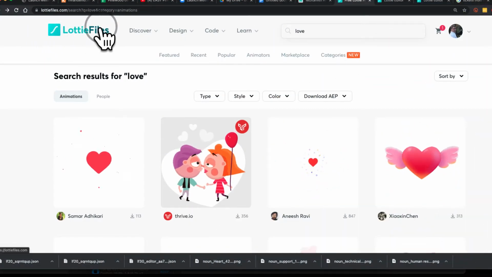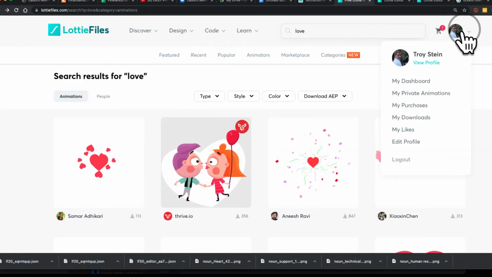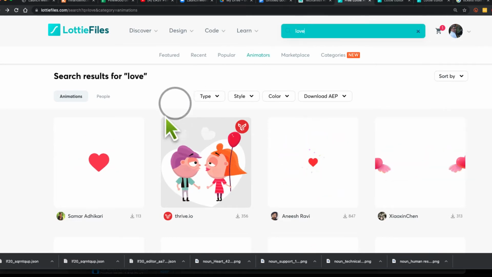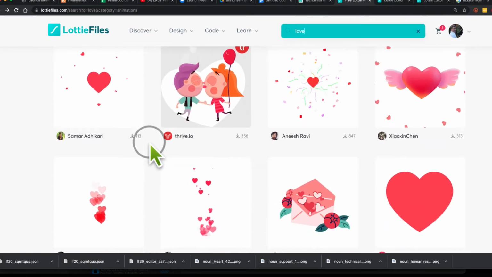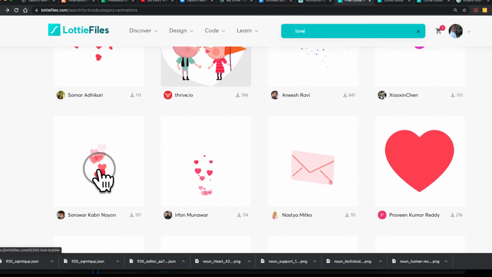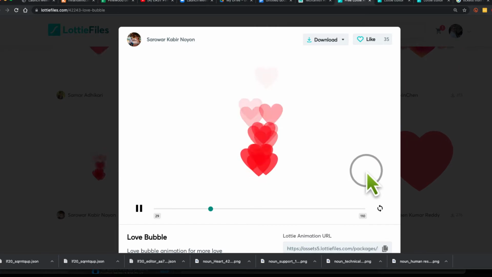Go to lottiefiles.com. You'll probably want to create an account. It doesn't cost anything. Do a search and you'll find a variety of different animations. Choose the one that you're interested in. I think for this one I'll take this. Then to download this file,